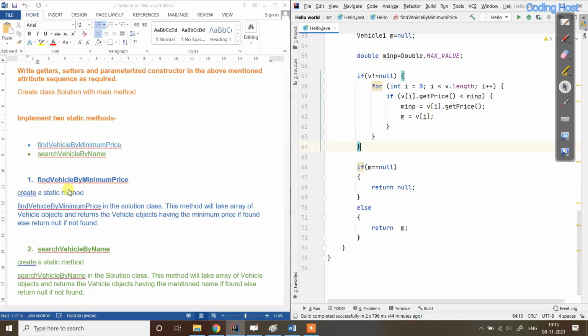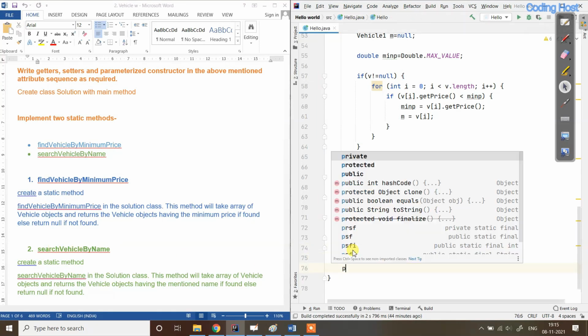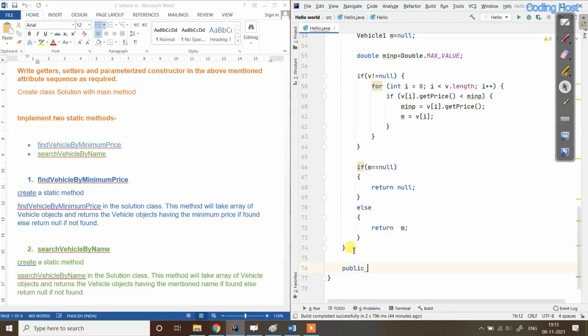So we have written our first method. Now we will write our second method here. I will write method public static. In this method you can see that the task is to create a static method search vehicle by name in the solution class.